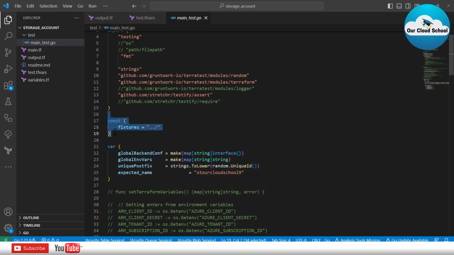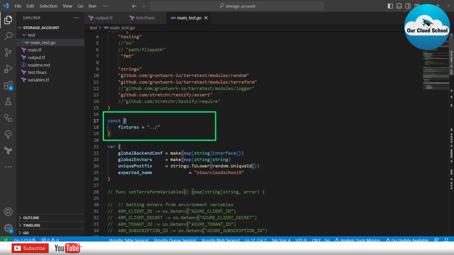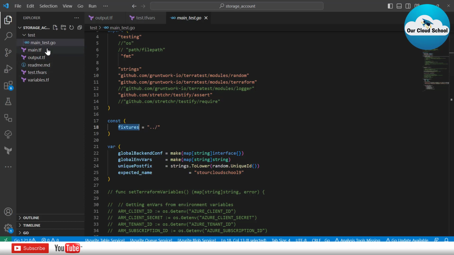Moving forward, from line number 17 to 19, I have the constant defined. So any number of constant variables which you would like to define in this particular Go language package which you are creating, you can define with this const keyword. And this is the boundary of the constant, which is a small opening bracket and small closing bracket, and in between these you have all your constants. The constant name we have declared is fixtures, which is basically showing the directory location for your Terraform module. As we know, the directory location for the Terraform module is one level up from this test directory. So that's why it is used as